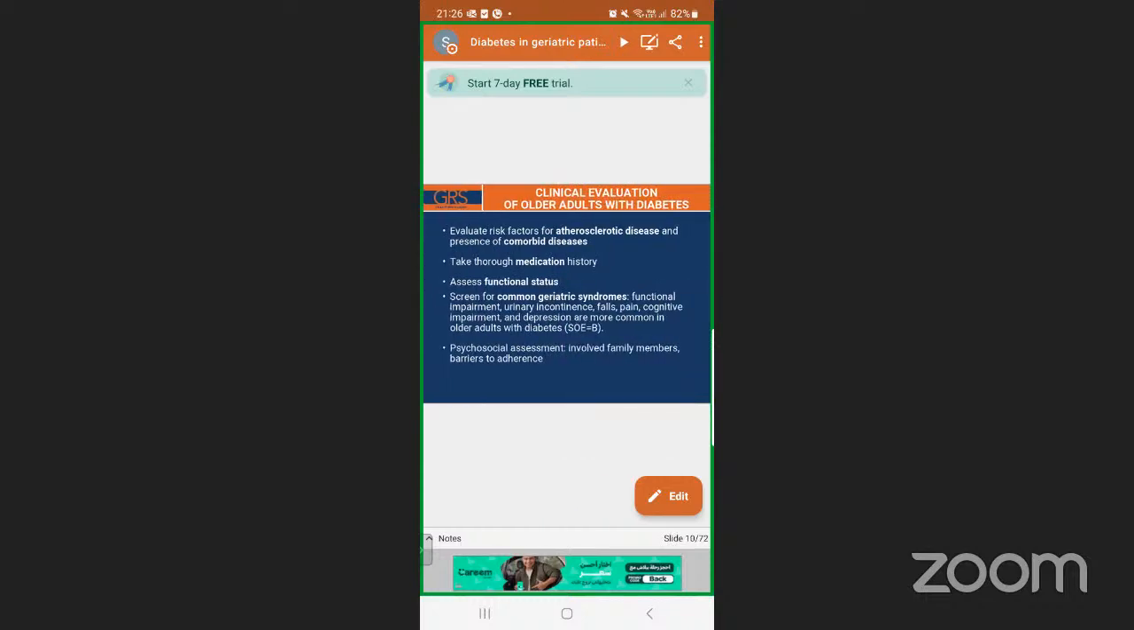Clinical evaluation of older adults with diabetes. First, we have to evaluate risk factors for atherosclerotic disease and presence of comorbid disease. Second, conduct a thorough medication history by reviewing all current and past medications. Assess functional status. Evaluate the patient's ability to perform activities of daily living to determine their overall physical and cognitive function. Screen for common geriatric syndromes like functional impairment, urinary incontinence, falls, pain,